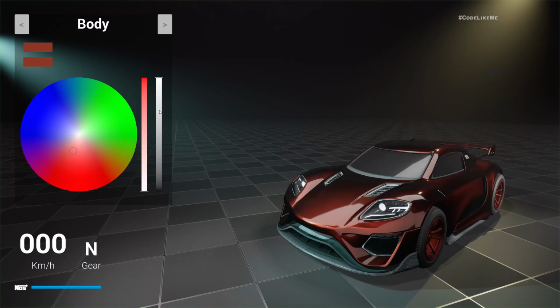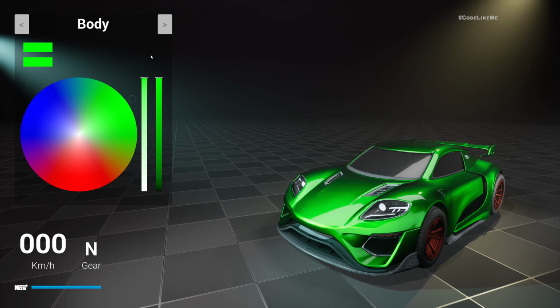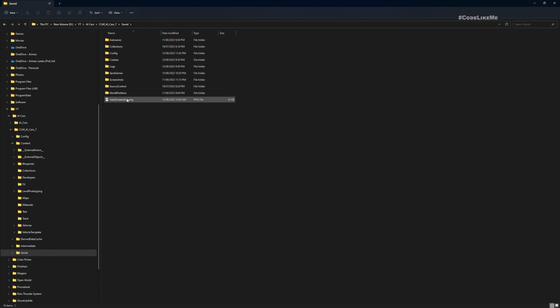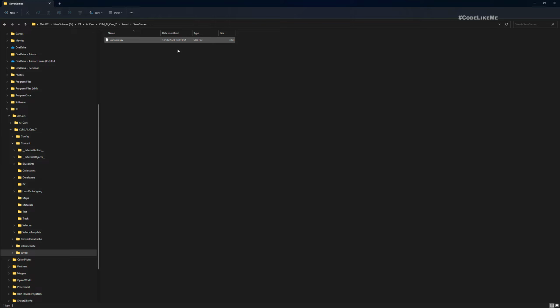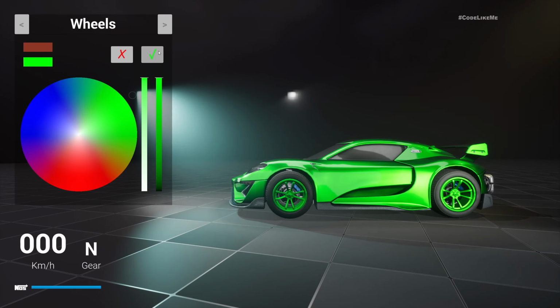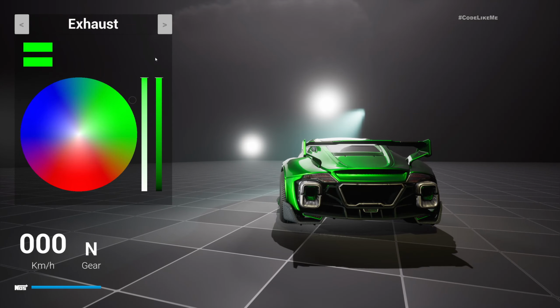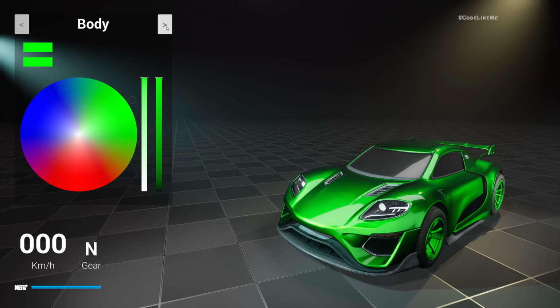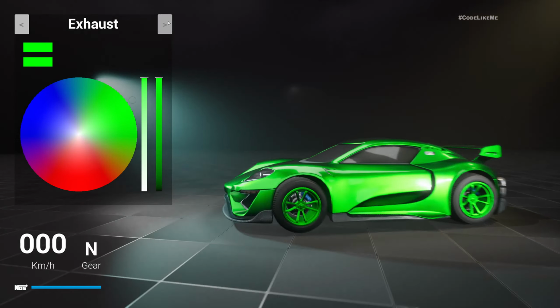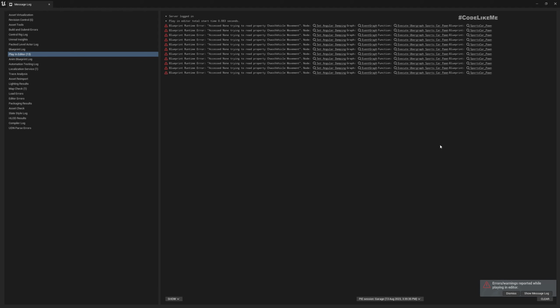Now if I make some changes, now we do have save games. See, now let me make everything green for testing. Right, okay, now if I stop the game,